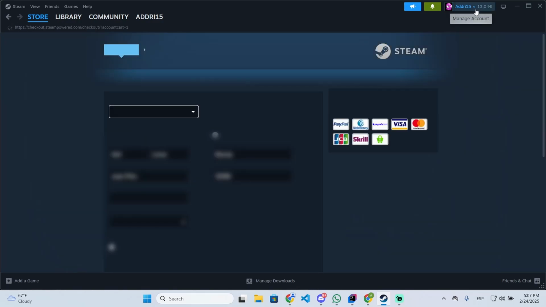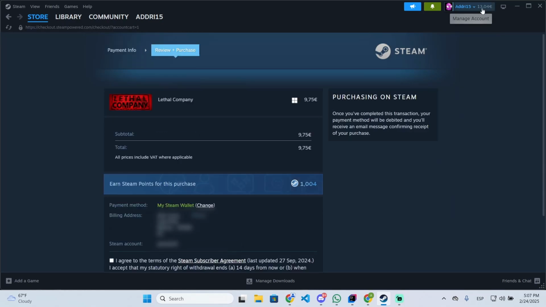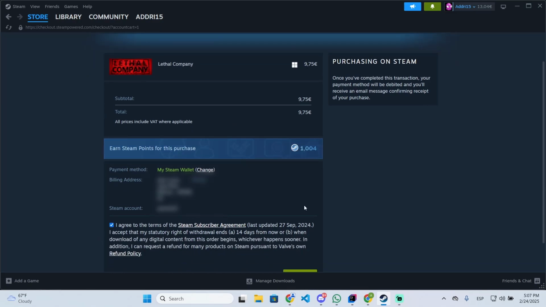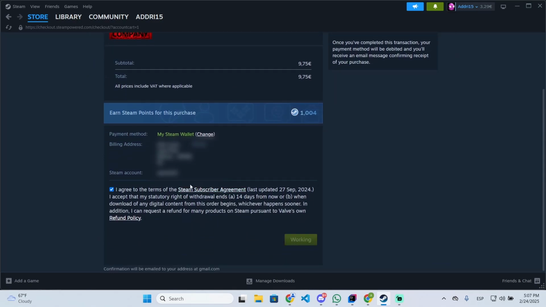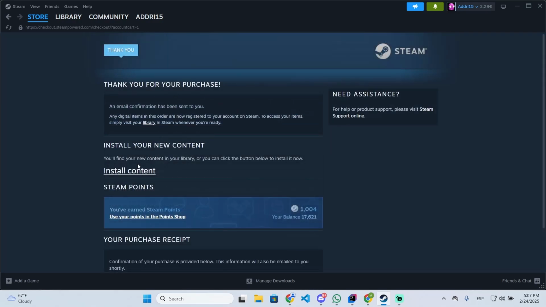So as you can see, I have some Steam wallet balance already, but you will need to attach your payment method. Any payment method you want to use, you can use PayPal or your credit card or a Steam gift card. Then we are gonna purchase the game, and once you purchase it, you can see this button will appear